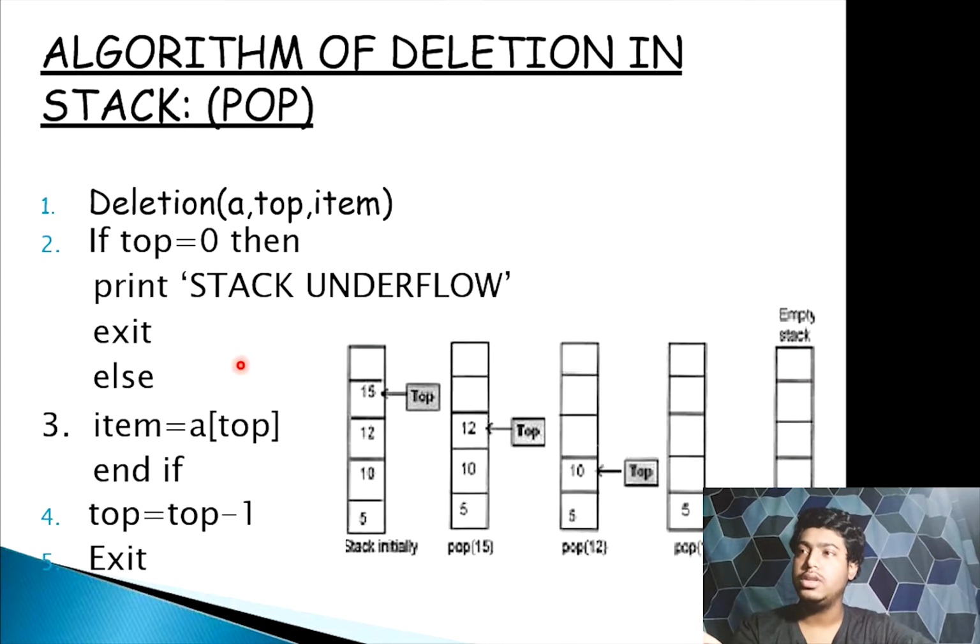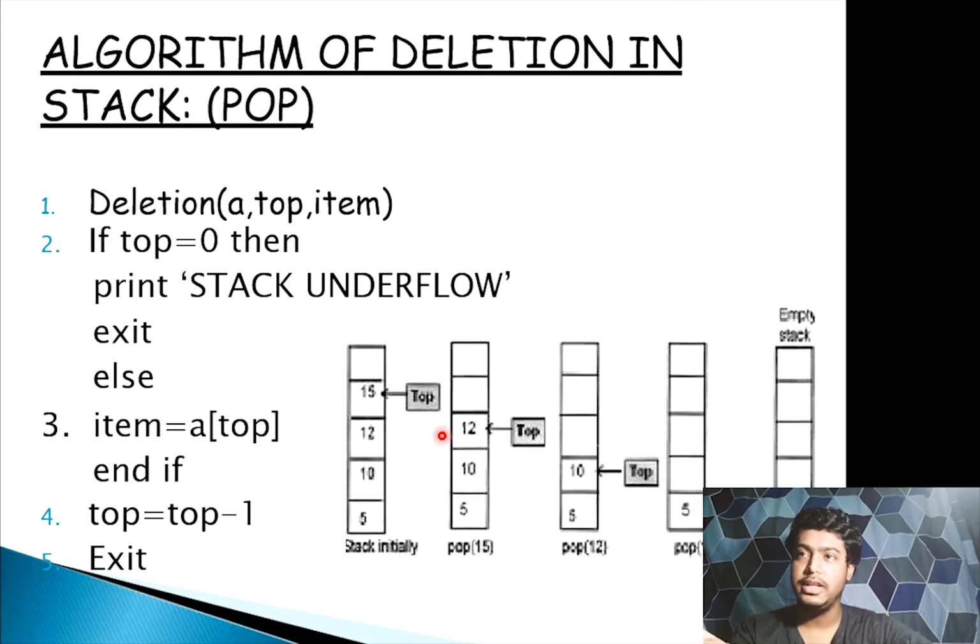In another case we store the topmost element. Suppose 50 is the topmost element in the stack. We store this element a of top, that is the data present in that position of stack, into a temporary variable, say item, and we decrement the top by 1. That means we decrement the top pointer from 15 to 12 and we store this element 15 in an item. After that we return this item value of 15 and we remove.